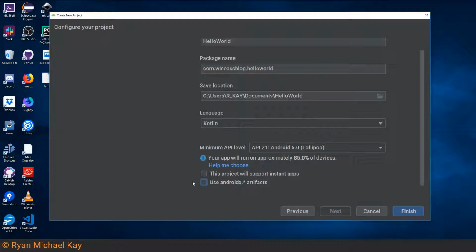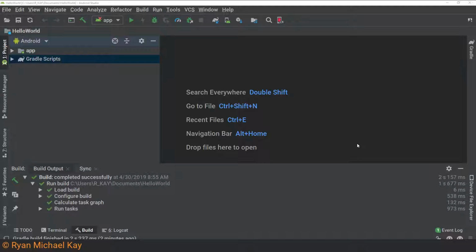It isn't especially important for the purposes of this tutorial, but in production applications, I do prefer to have this box here checked, use Android X artifacts, and this basically changes where you're downloading your dependencies from. Now, if you have no idea what that means, don't worry about it, and you can leave it checked or unchecked. Doesn't really matter too much. So I'm going to go ahead and select that, and then hit Finish. As you can see here, I've created a new project in Android Studio called Hello World, and